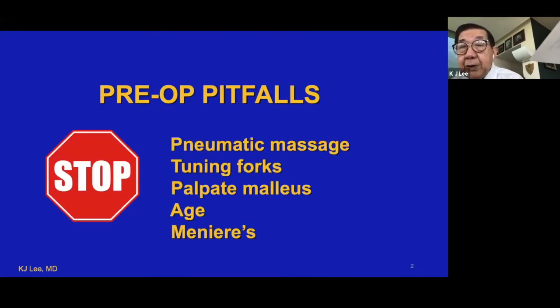So we have talked about the tuning forks. We've talked about the pneumomassage. Now, in the case of, let's say, preoperative stapedectomy, where the tympanic membrane is perfectly normal and pneumomassage moves pretty well, now you want to check one more thing. Does the malleus move? Because about 1.5% of large series of stapedectomy patients done by the House Ear Institute,